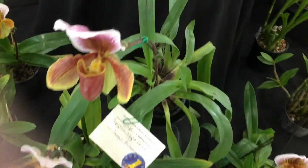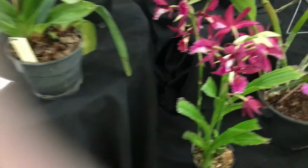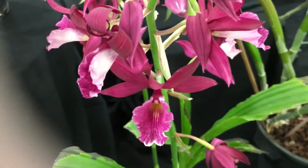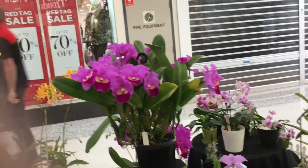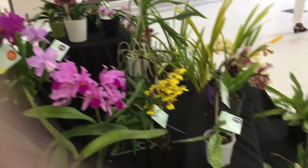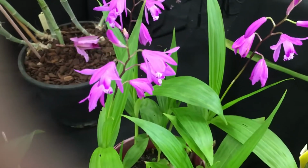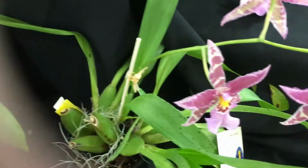We've got some terrific PAF growers in our society. And I don't know what this one is, it's got no label on it, but it looks gorgeous. It absolutely is beautiful. Nice big cattleya in the middle on the pedestal. And Bletilla striata. This is a native orchid. It's a Chinese ground orchid. Very, very pretty. And here we've got a